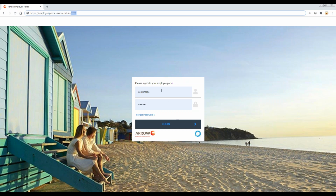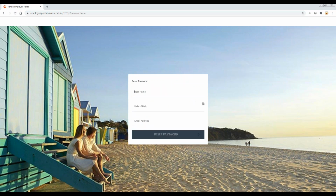And then we've got a standard login screen with a username and password, so that doesn't necessarily need too much explanation from my point of view. We've got a forgot password function, so I'll start there in explaining that functionality for you, because with employees who are always going to forget passwords, if you're managing an employee portal, you don't want to always be speaking to that employee, giving them new passwords and those sorts of things. So if we step into the forgot password functionality,